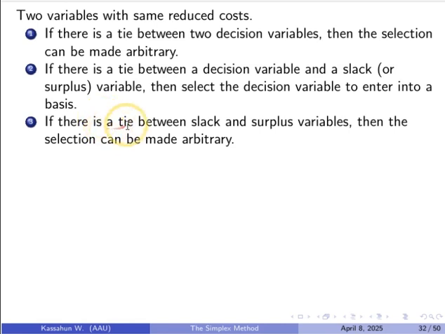If there is a tie between slack and surplus variables, again the selection is arbitrary. So here in the decision variables, if they are identical, you are free to choose any one of them. The same is true for slack or surplus variables, but if it is mixed, just take the advantage of taking the basic ones.